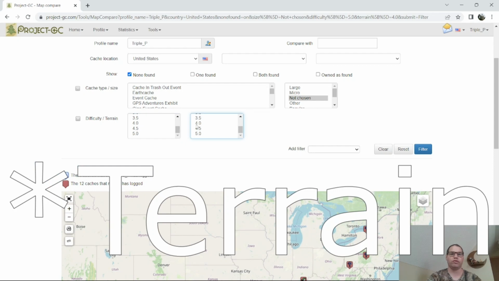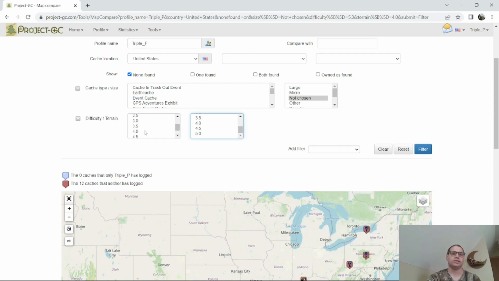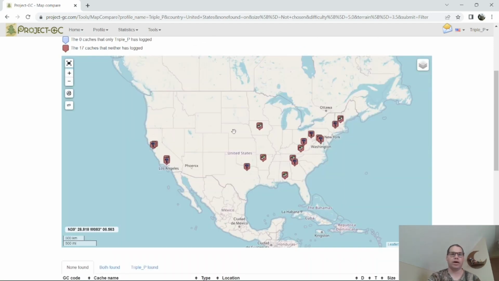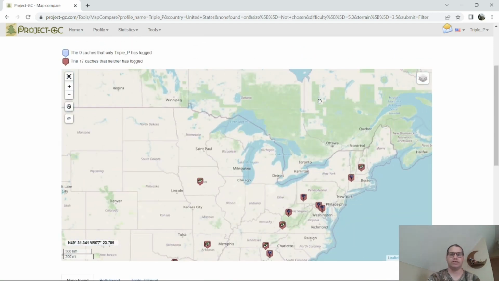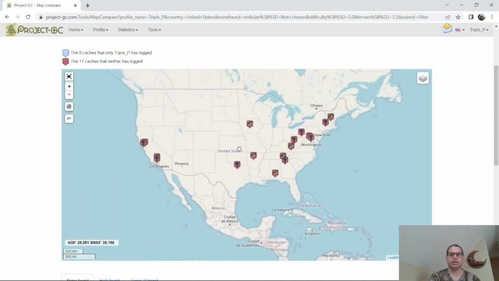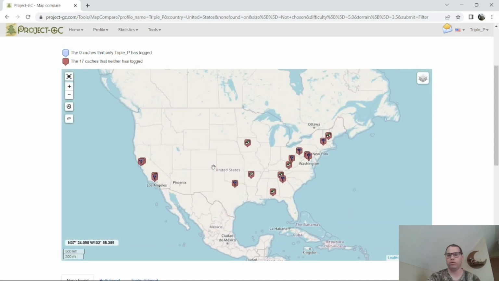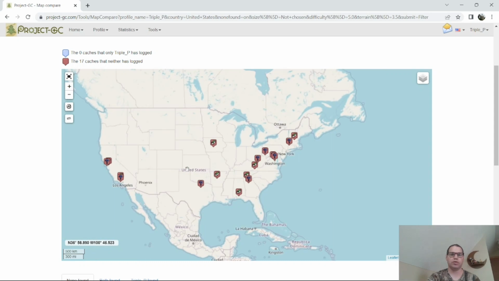And the same thing for the 4 difficulty. So let's say you're looking for a 5 difficulty and you want to do a 3.5, and you want to make sure that you haven't found it. You're going to do the same thing on the map. Now in this case, there's 17 not chosen containers that meet the 5/3.5 goal, and they are also spread out